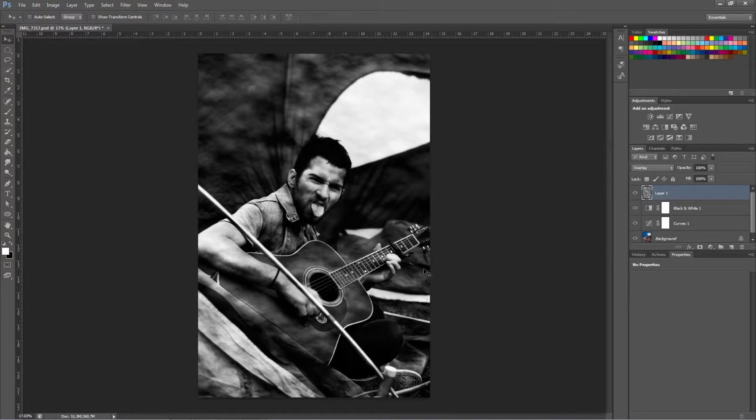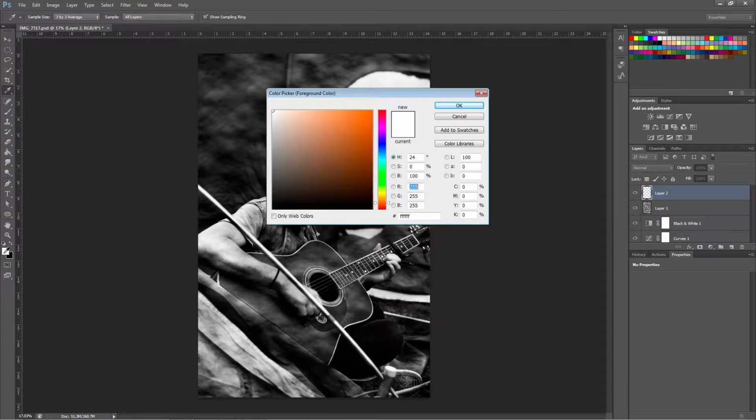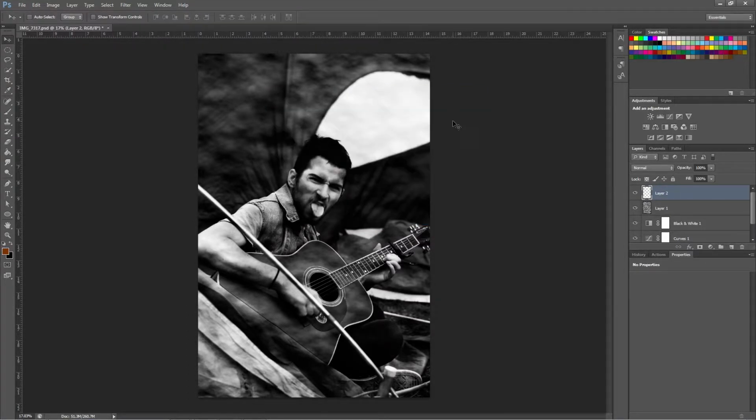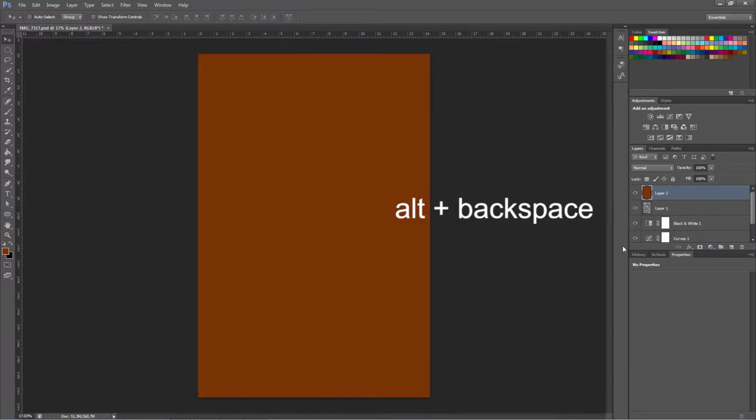Right there. The next thing I'm going to do is create another layer, and then I'm going to go over here to our color panel, double click that, and pick this kind of brownish orange color. I hit OK. And what I'm going to do is hit Alt Backspace,